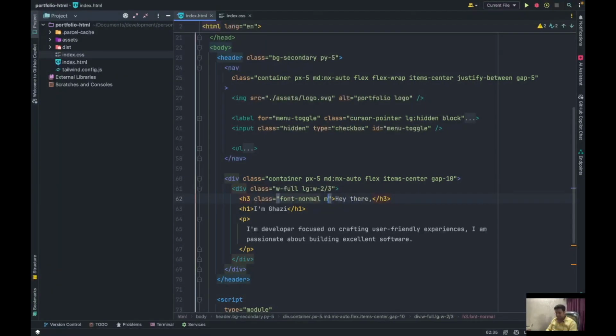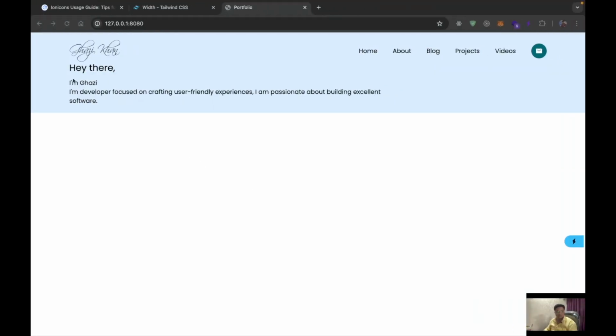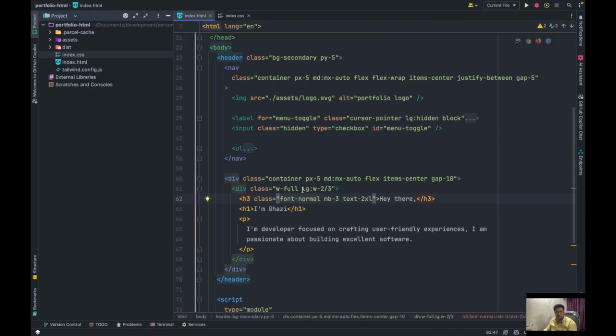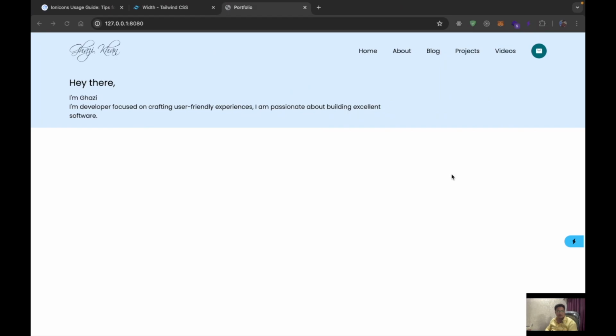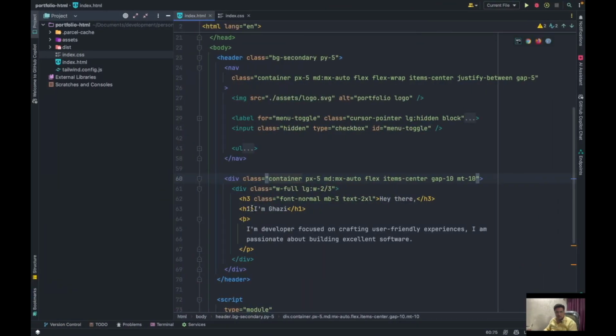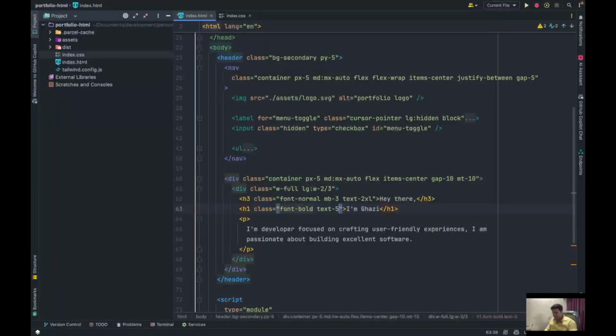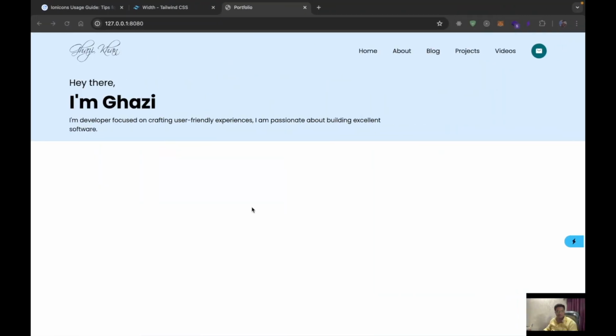Not normal. I'll give it a margin from the bottom, and then the size would be only 2 pixel. I should add a margin from here also. So let's add a margin. Yeah, nice. Okay. Now I'll design this. This should be 5 pixel, and right. So this will have